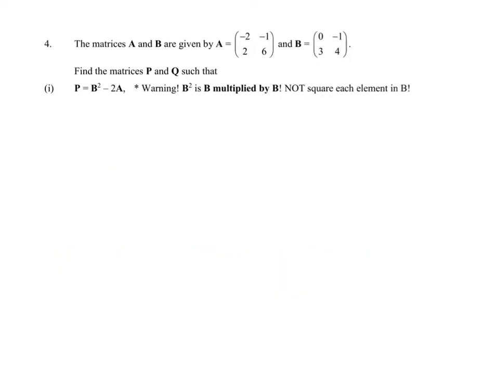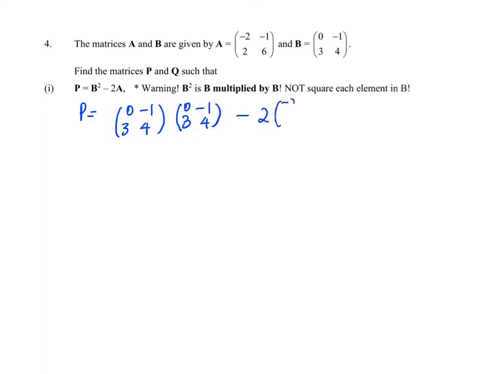Question number 4, matrix multiplication. In this part of the question, there's something worthy to take note of. We purposely chose this question for you to practice what a matrix square is. If you have a matrix square, it's actually B times B itself. In this case, find the matrices P and Q such that P equals B square minus 2A. B square is actually B times B. So P equals the matrix B multiplied by the matrix B again,